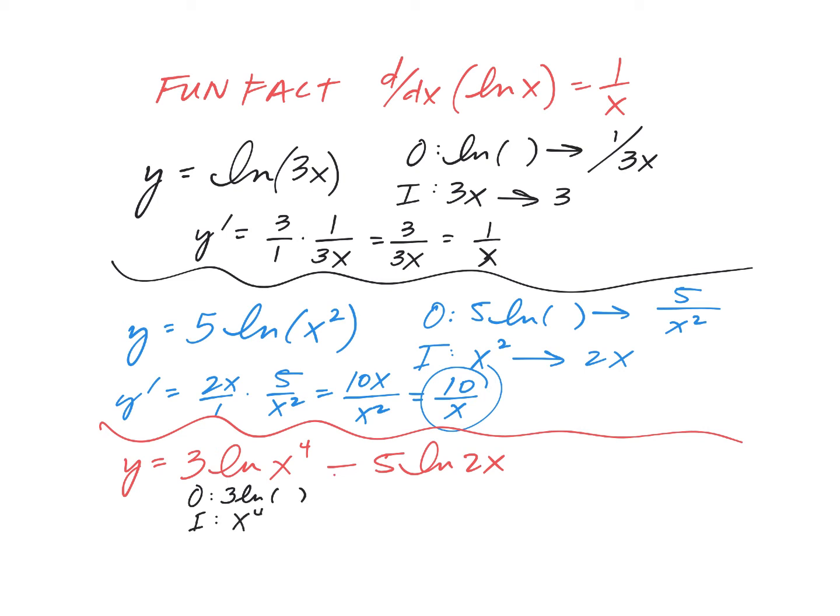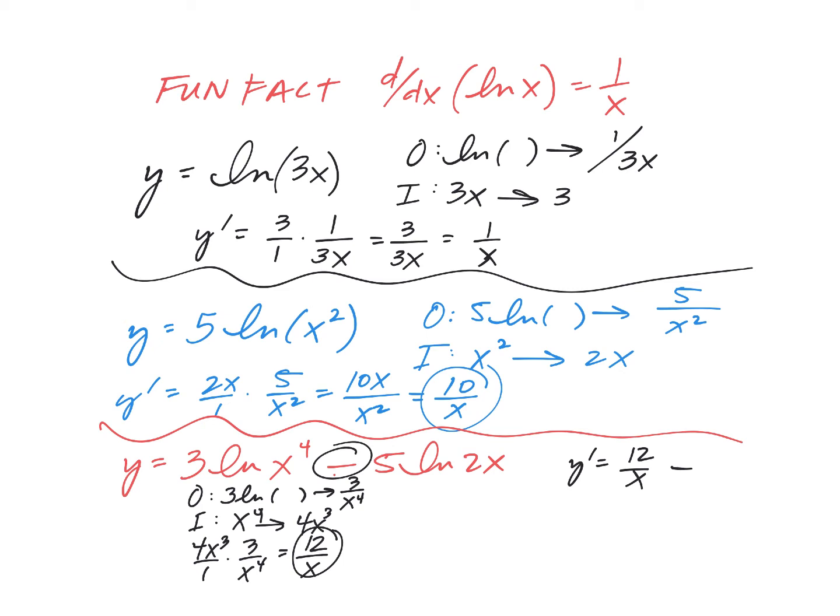So the derivative of 3 natural log is 3 over what starts in parentheses. The derivative of x to the fourth is 4x cubed. So the derivative of that altogether would be 4x cubed over 1 times 3 over x to the fourth, and that would simplify to 12 over x. Okay, so y prime equals 12 over x minus, because of this minus right here,